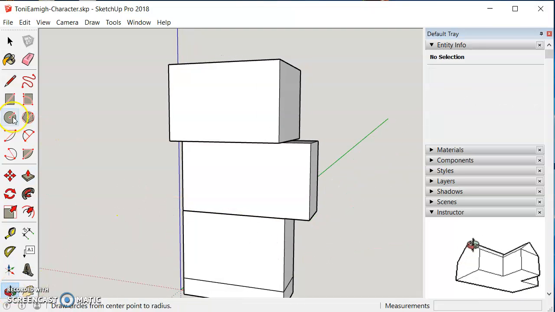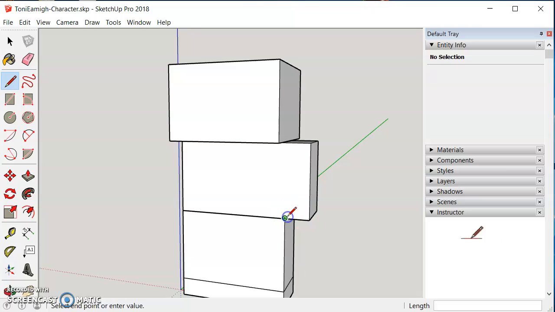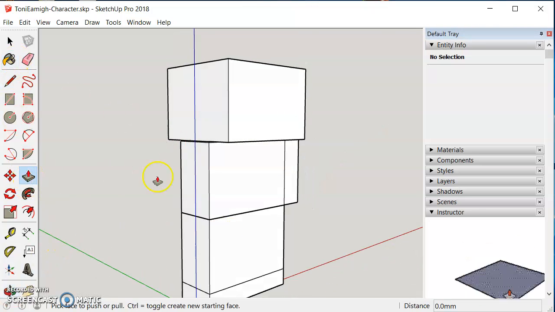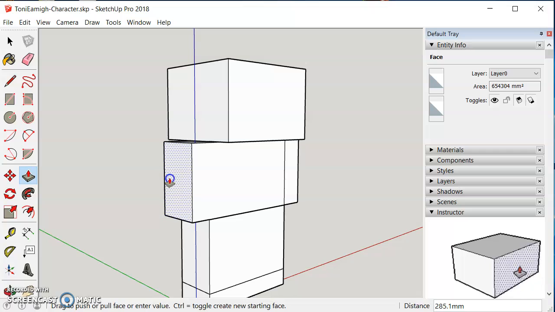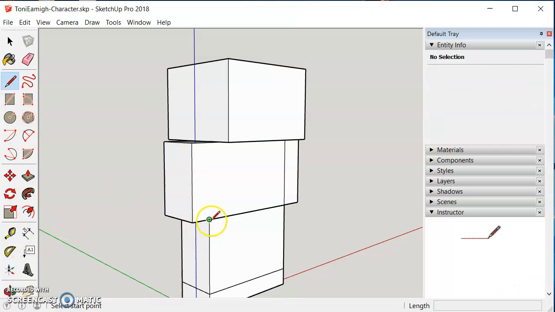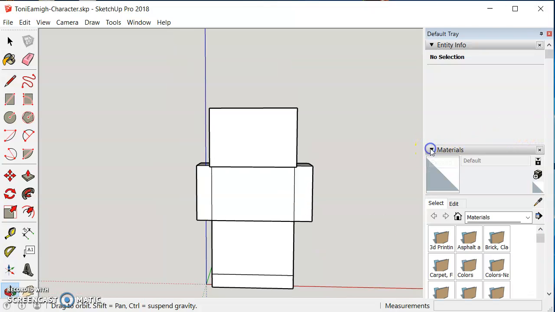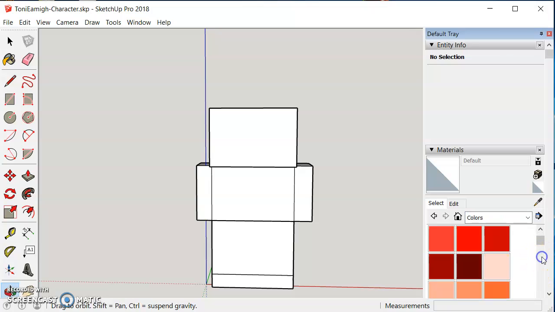Take my orbit tool back, and I'm going to draw a line right here, endpoint to endpoint. Okay, and then I'm going to do the same on this side. Push pull, pen tool, endpoint to endpoint. Okay, and now look what I've done. I've just created him. Okay, if I want to come in here and color him, I can pick colors, and I don't quite remember what color his shirt was. I believe it was blue, but if we come in here and find a blue color,